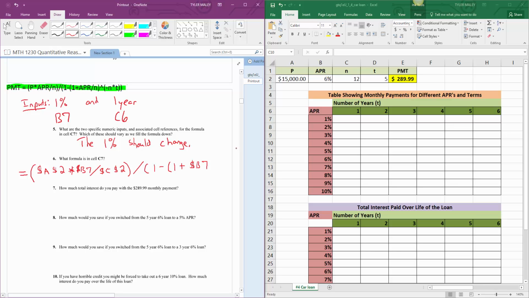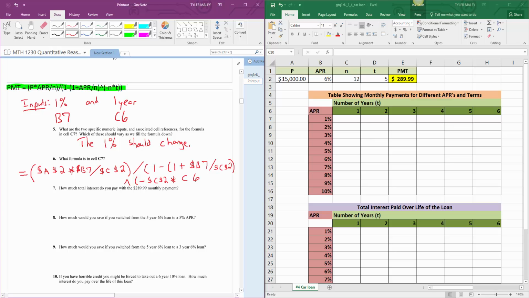Then what's next is we need to divide by N, which was $C$2. We need to close this parenthesis, and then we would type the caret key, and then open parenthesis, negative. So I would do $C$2 again for N, and then we have times, and then where's the time? That's in cell C6,